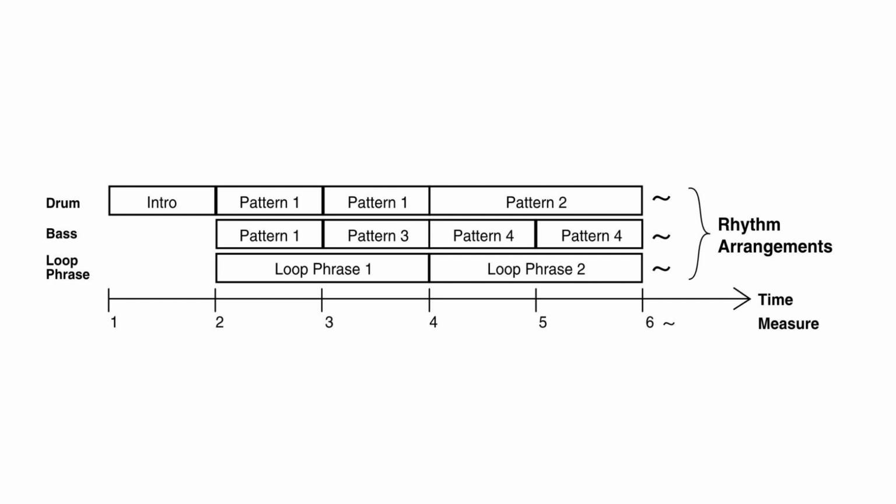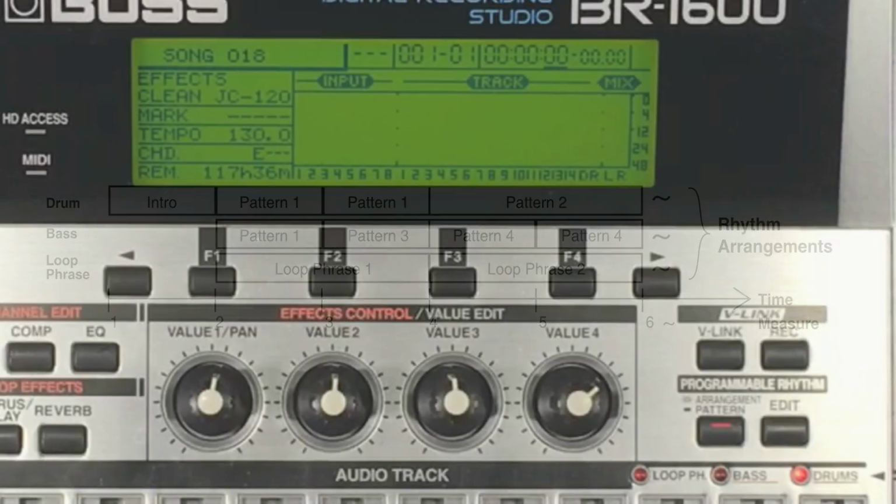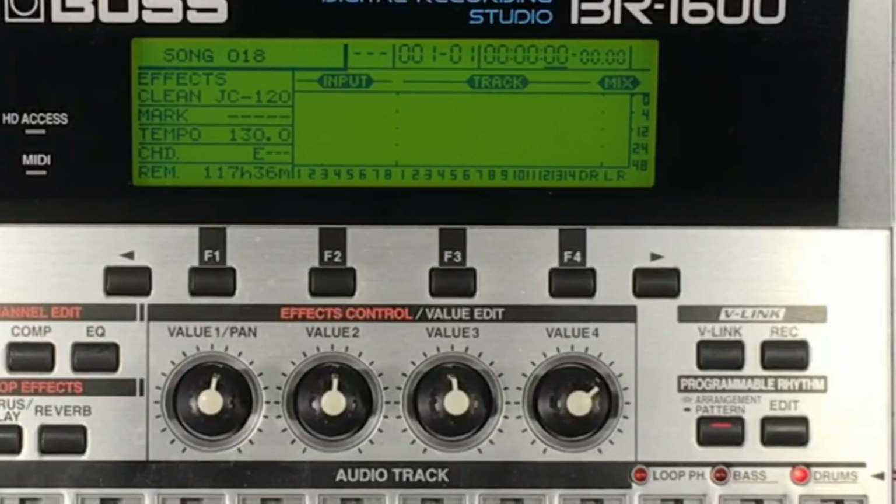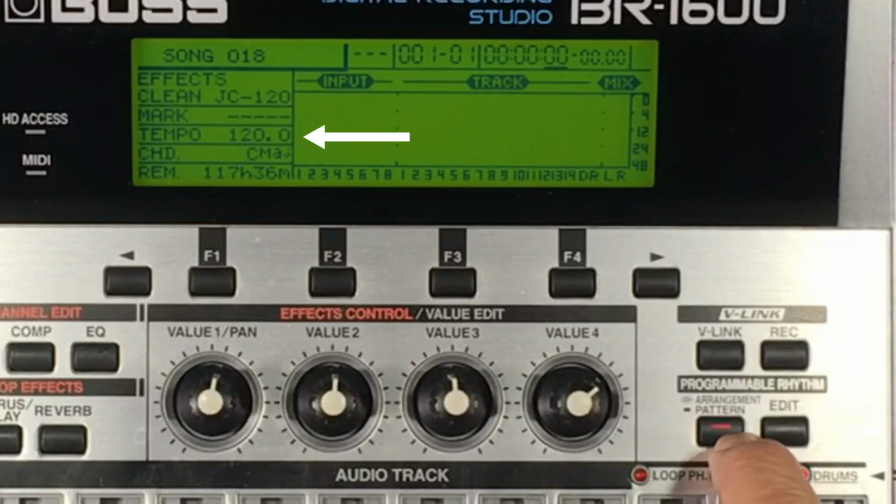In arrangement mode, patterns are arranged into a sequence to add rhythmic variations throughout the song. In addition, arrangements can also use tempo and beat maps to vary both the tempo and time signature during the song. The tempo setting is not shared between pattern mode and arrangement mode and is set independently. This is also the case for the drum kit selection and time signature.